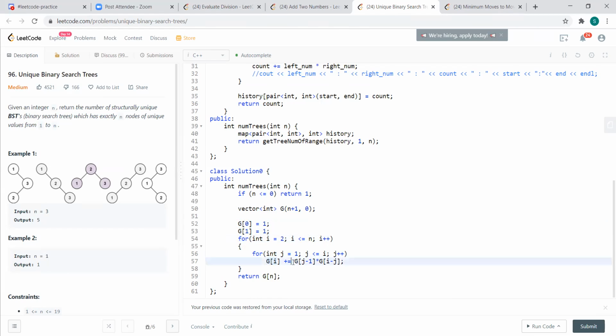Specifically, it makes more sense in your implementation in this case, because I'm taking j minus 1 and whatever is remaining I'm putting in the other part of the tree. Whatever values I get, I multiply and store in the current position. But I do this for all the positions from 1 to i.